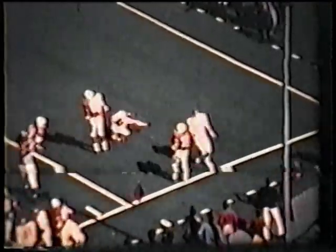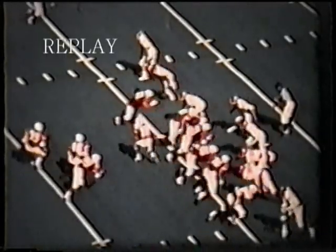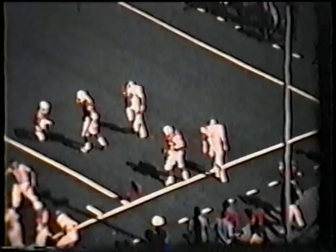But wait a moment, he stepped out of bounds at the 12, the official says. Bumped out there after an 8-yard pickup. But that will be more than enough yardage needed for the first down. And it will be 1st and 10, Texas at the Oklahoma 12-yard line. That was Jim Bertelson,